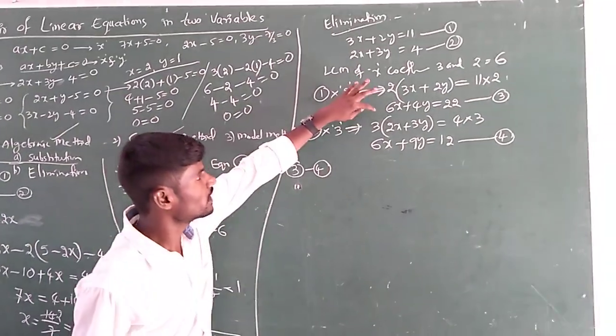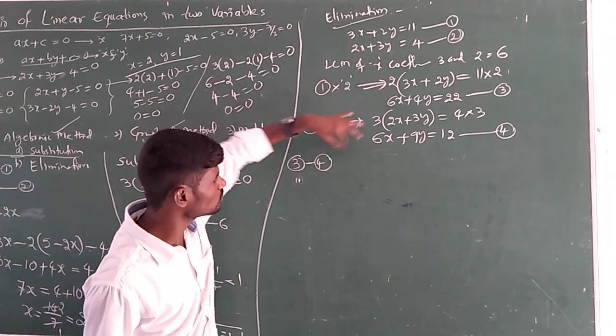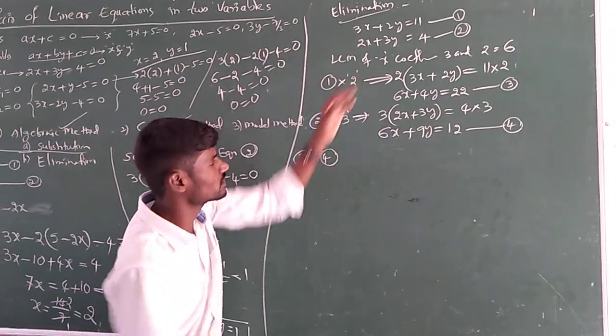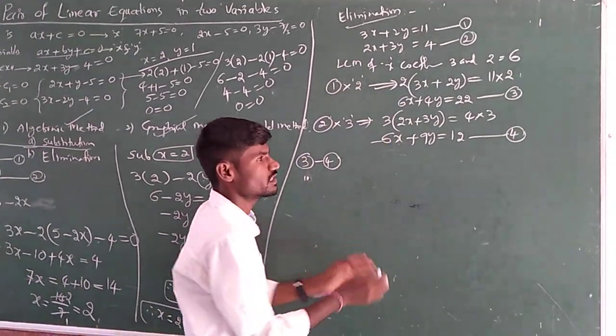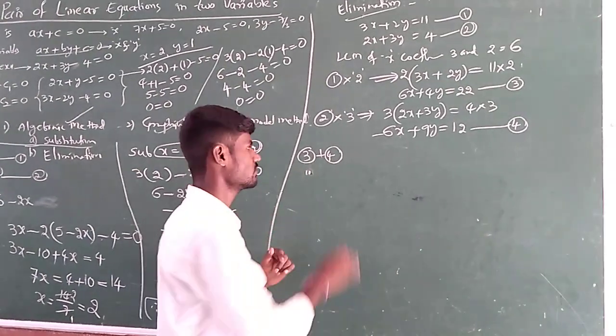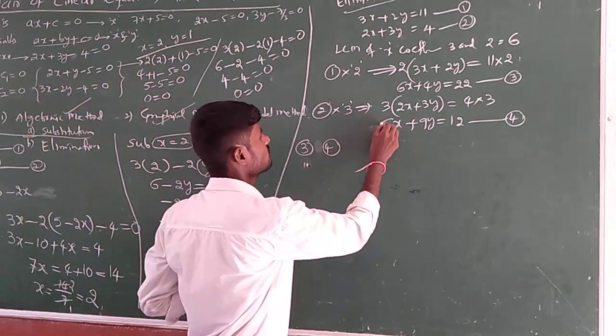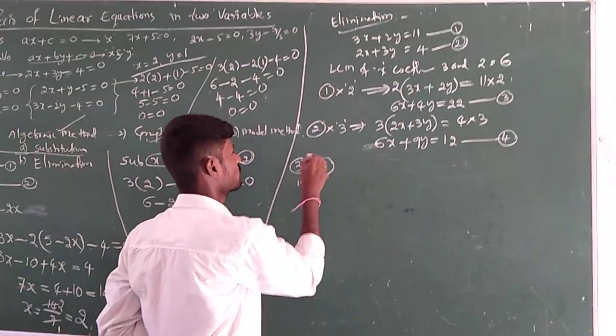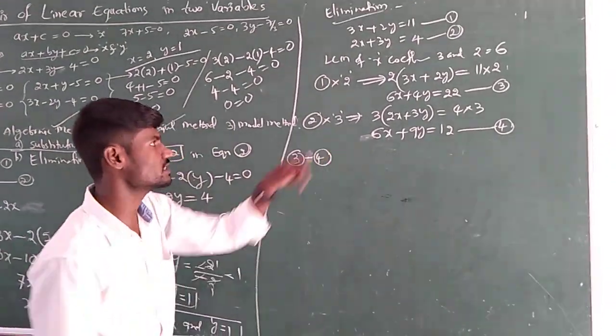If the symbols are same, do subtraction. If the symbols are different, suppose one is with minus and the other is with plus, in that case do addition. Remember that, okay? So here they are the same symbol, that's why I prefer subtraction. 3 minus 4. So let us take 3.